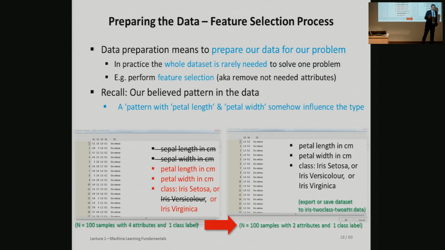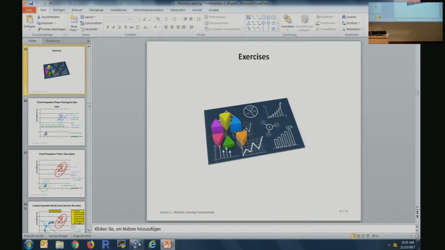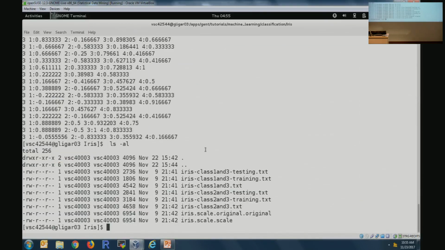So think about this process, it is also very important when you do machine learning. I know it's fundamental, and sometimes people think it's a little bit boring, and ask why not use all the big data in the world and then you classify correctly. This really helps not only to save computational time, it's also better for model understanding, so you will see that this is a really established practice. So you see from 4 attributes here, we basically select 2. Very interesting. And if you now look at the kind of data that we have again, in part of the exercises, this is of course something you should consider doing.